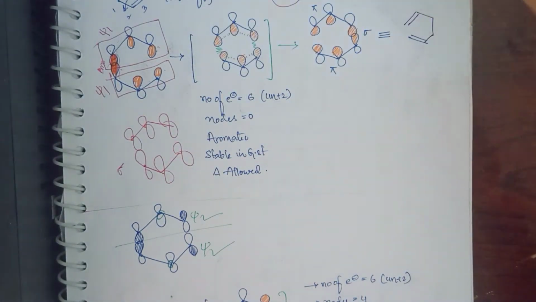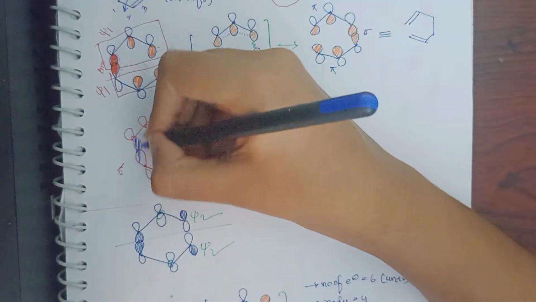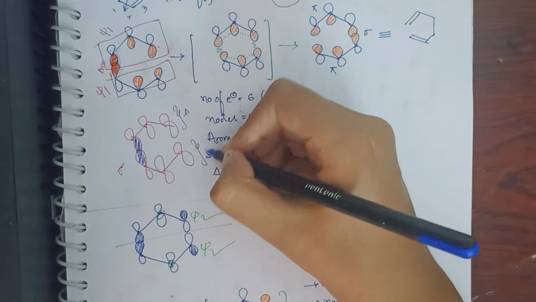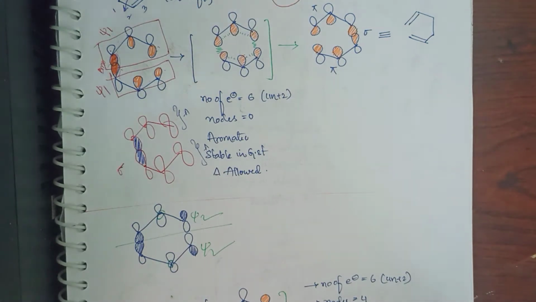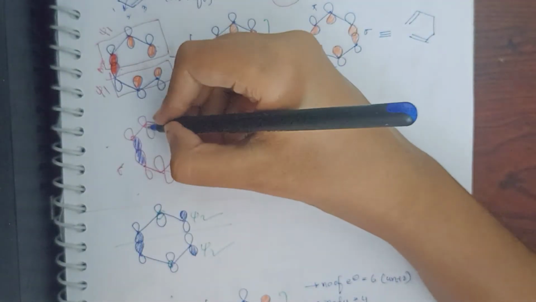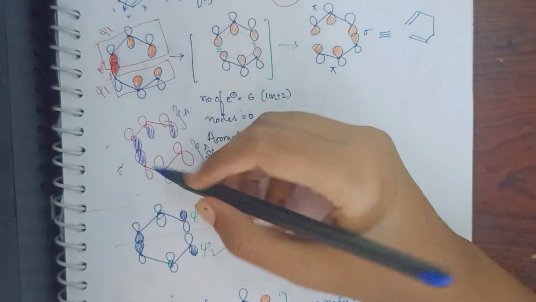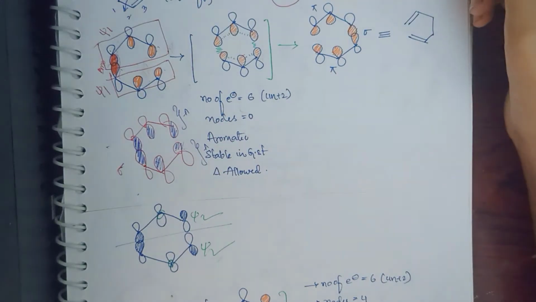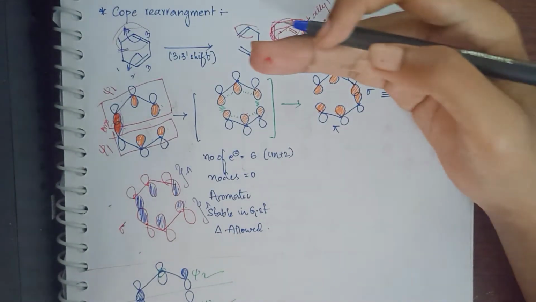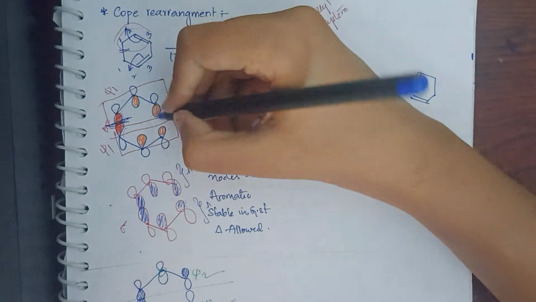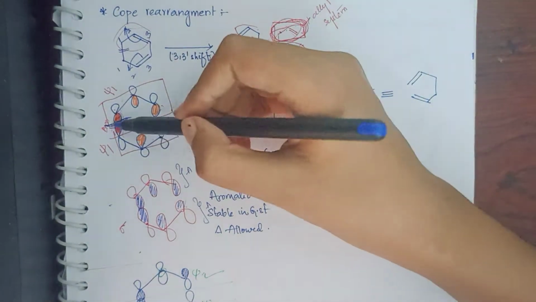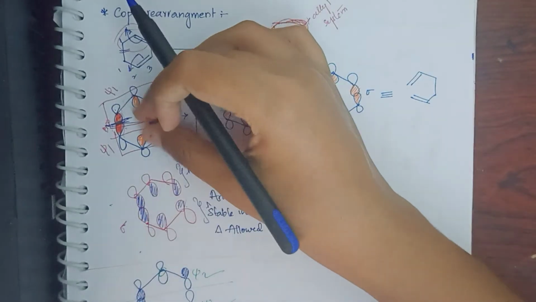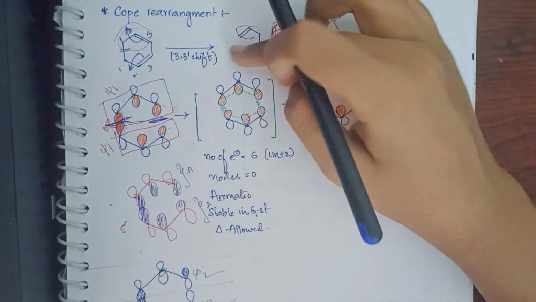How you will draw shadings is, as here sigma bond is forming, you shade both, make it bonding. Later this is one allyl system, this is one allyl system. I am taking here ψ1, as it is down I will be shading these both down only. Here also I want to take ψ1, as it is up I will be taking these both up only. Now here what is happening is 1,1 bond will be breaking, 3,3 bond will be forming. So I am separating these both, which was having a bonding mode. Once it is separated, you will be having this type of transition state.